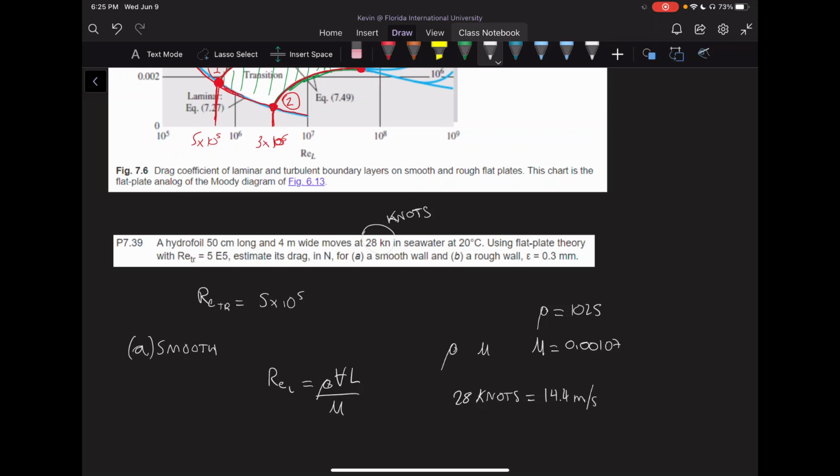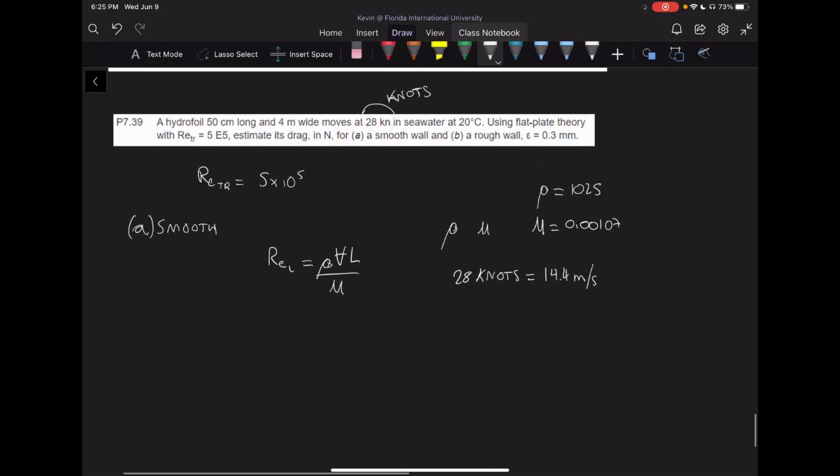You would have to look that up to be able to convert it. Now, once we have that, Reynolds L is equal to 1025 times 14.4 times 0.5, that's our value for the length of the hydrofoil, divided by